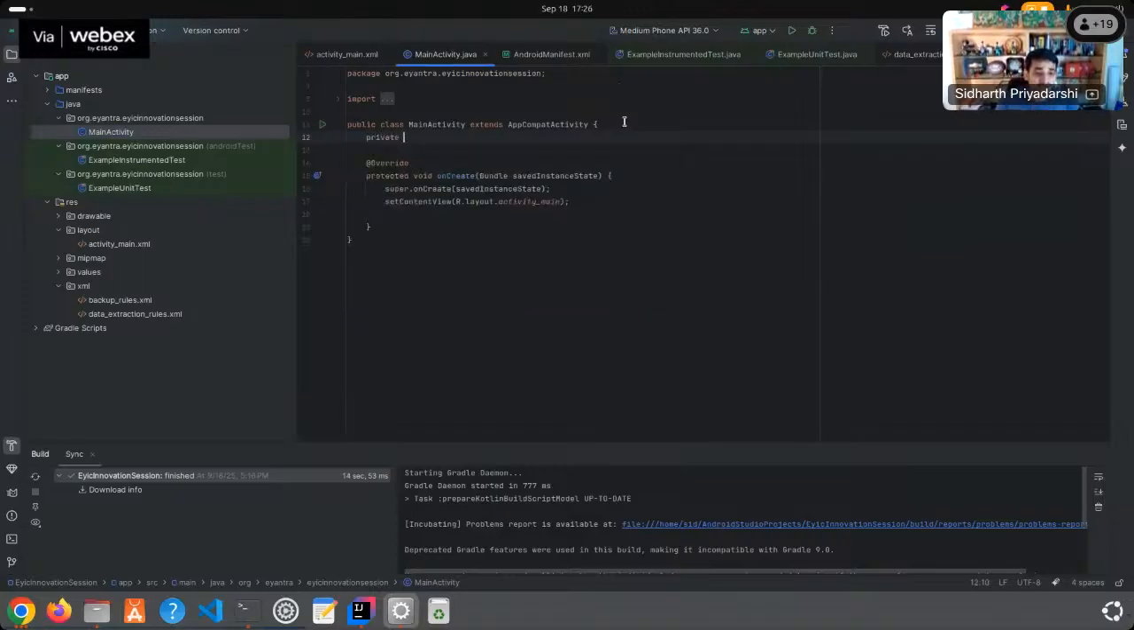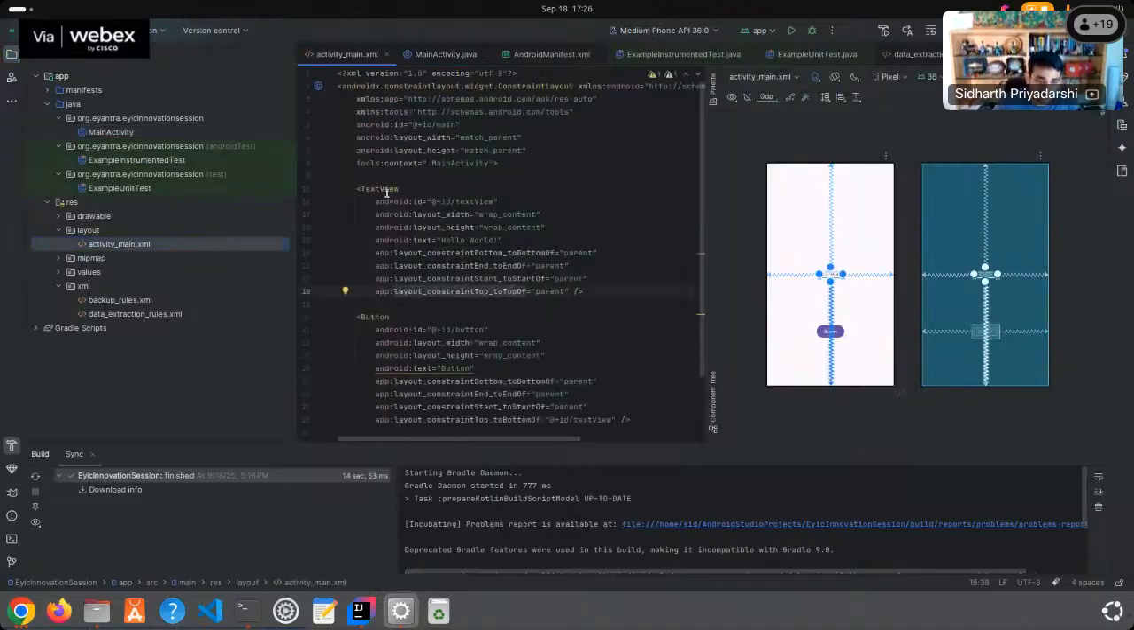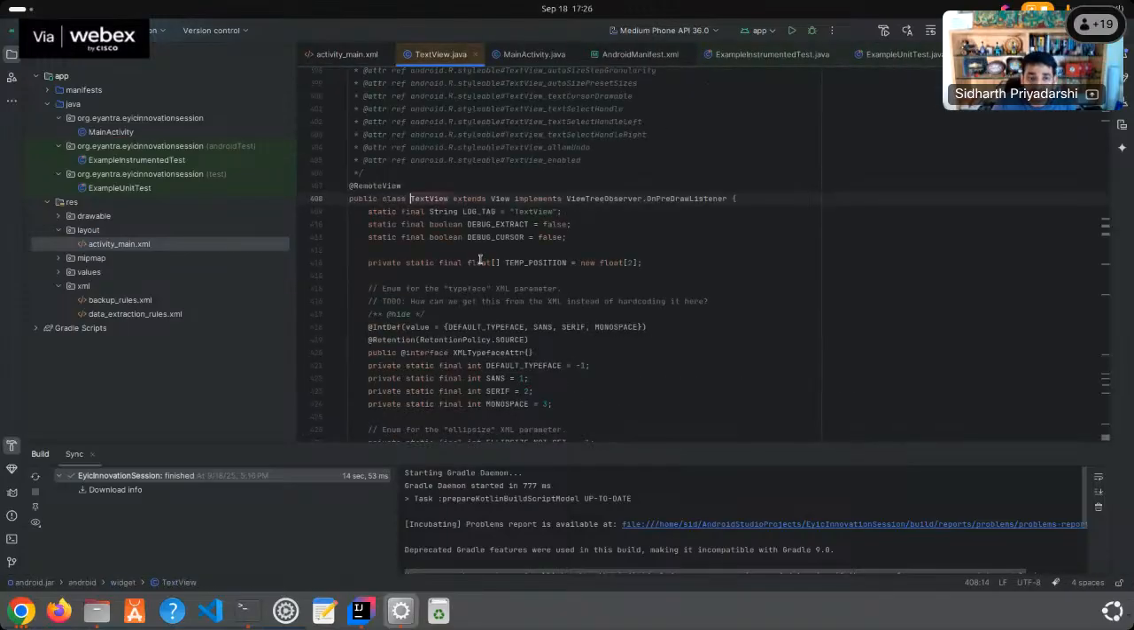I am just going to create this button as a global variable. You can see for button we have a class. If I see the TextView, this is also a class. If you go to the main activity, you will find this is the TextView. If you click on this by pressing control, you will get transferred into